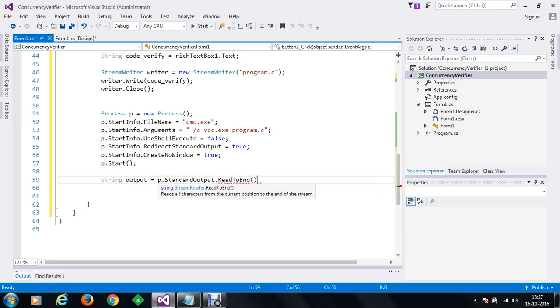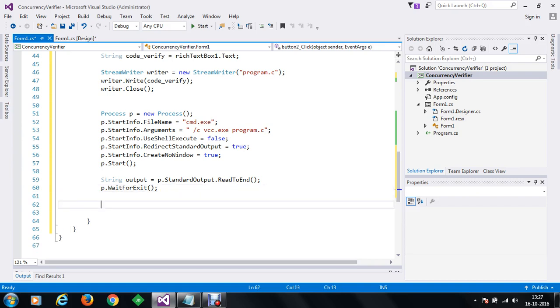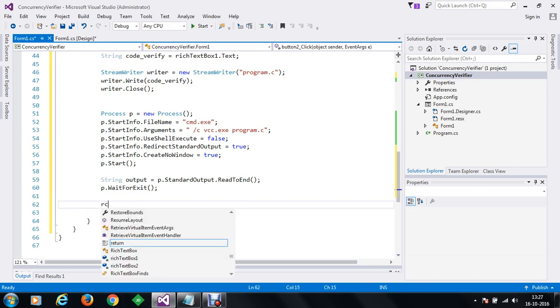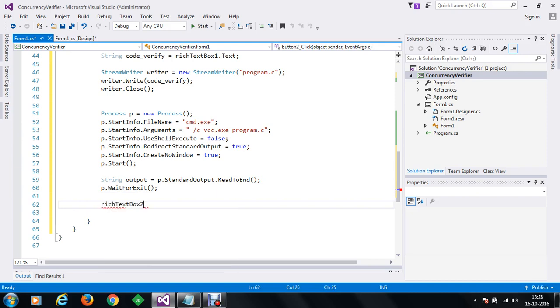So whatever output we have received from the process, we'll read till the end and save that in the output variable, and we will wait for exit. We will wait until the process completes, and finally, once we have got the output, we are going to display it in our rich text box 2, rich text box 2.text, and we are going to set the output.